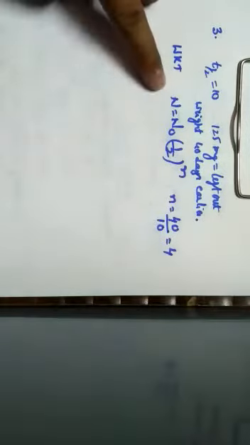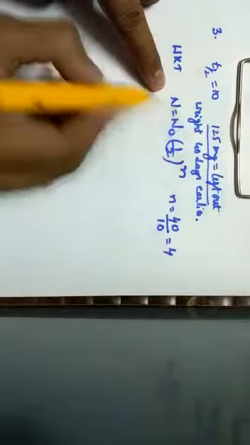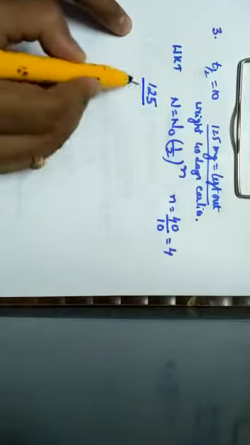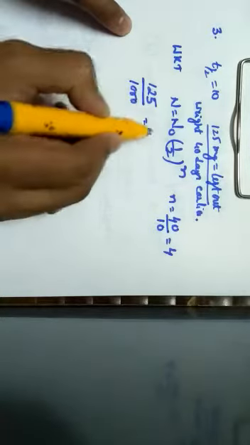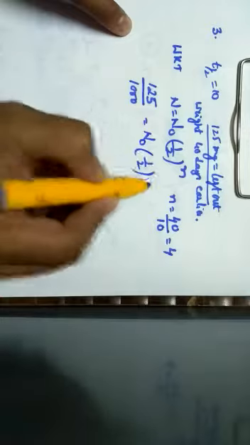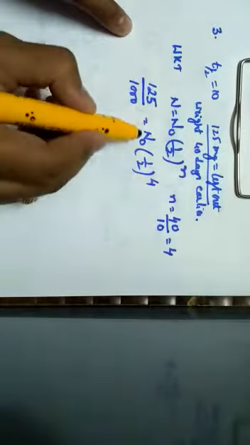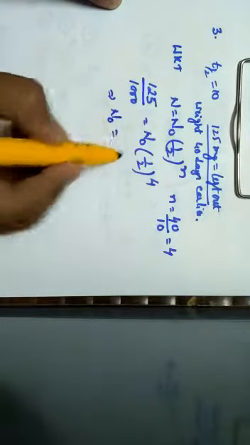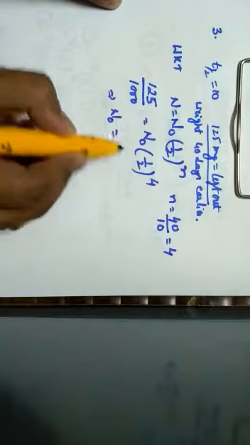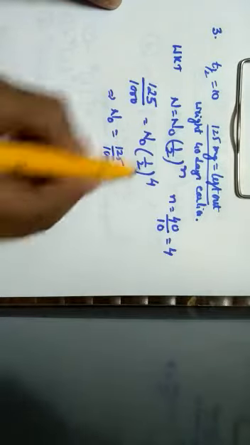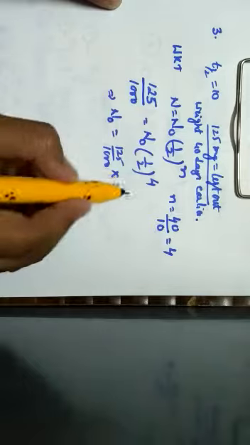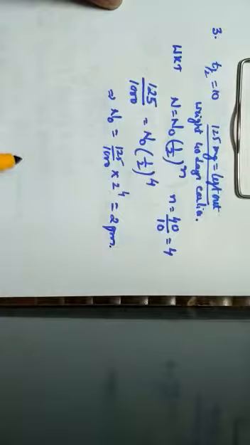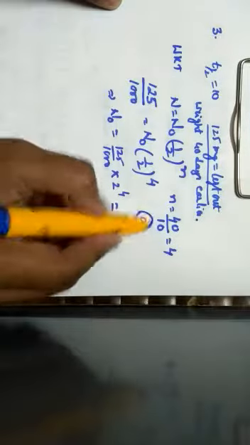So here N indicates the present weight left out. The present weight left out is 125 milligrams. So 125 milligrams is equal to N naught into 1 by 2 raised to the power 4. N naught indicates the original weight of the substance. It implies N naught is equal to 125 divided by 1 by 2 to the power of 4. When I simplify this, N naught turns out to be 2 grams. Hence the correct option for the given question is A.